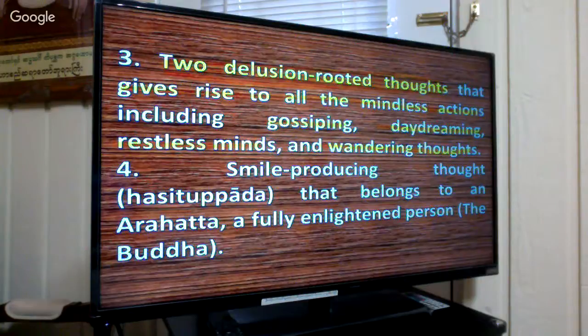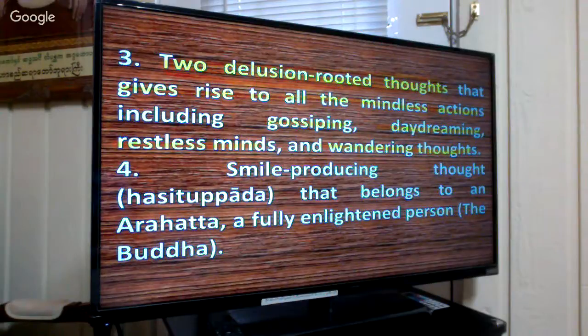So we need to practice meditation in our daily life, regularly. So delusion-rooted consciousness gives the result when we are reborn somewhere as a human being or whatever,